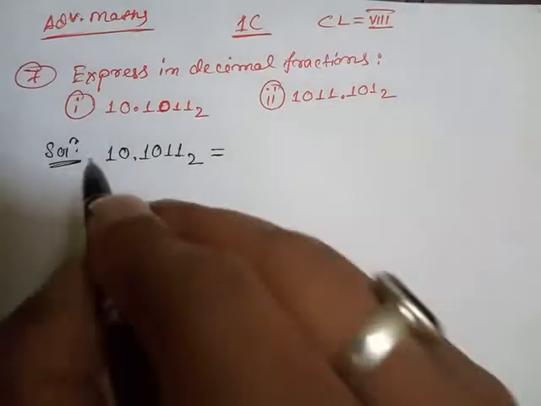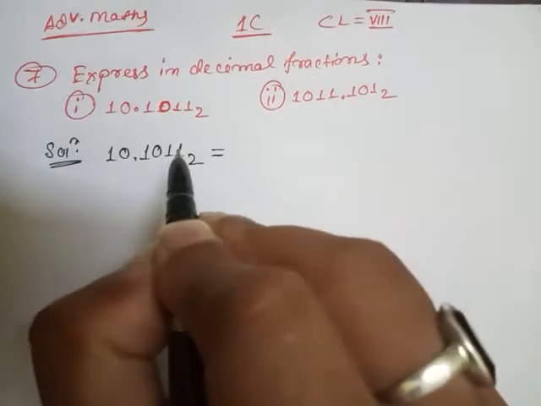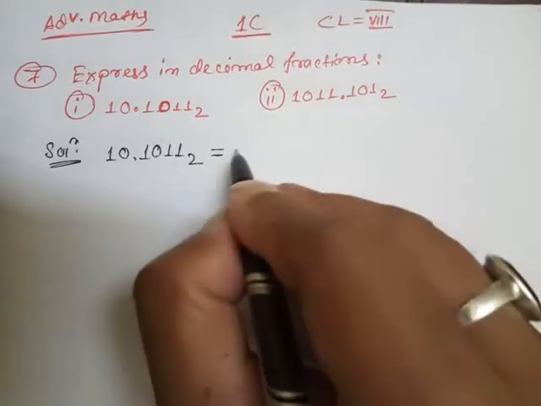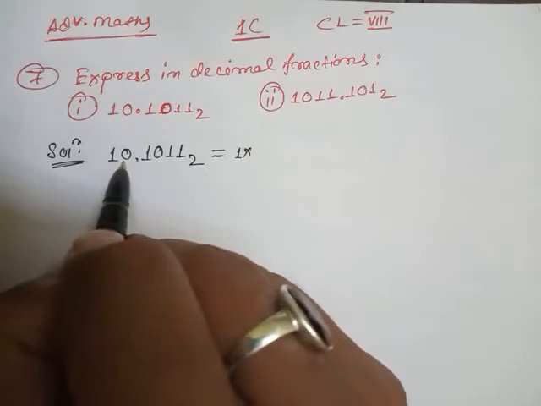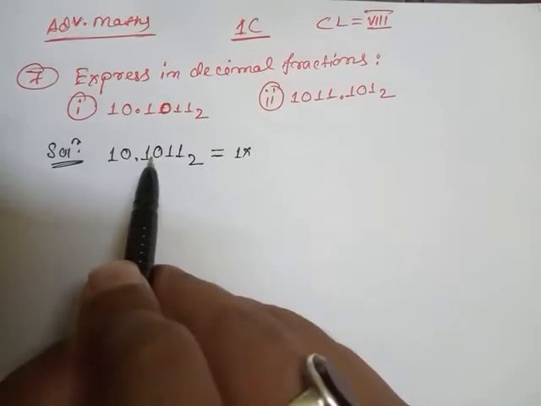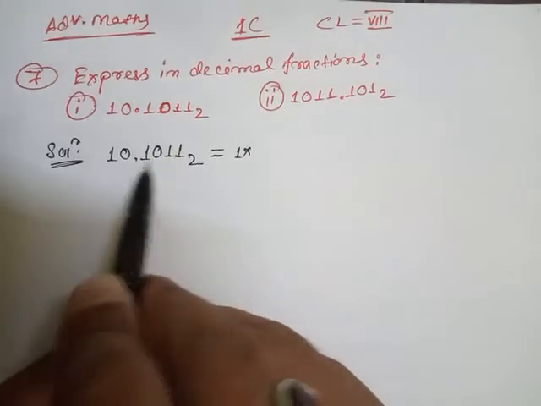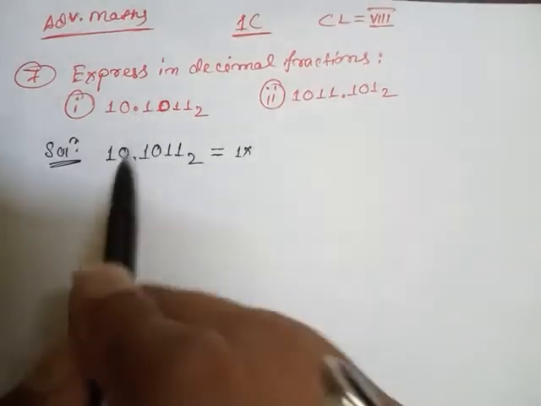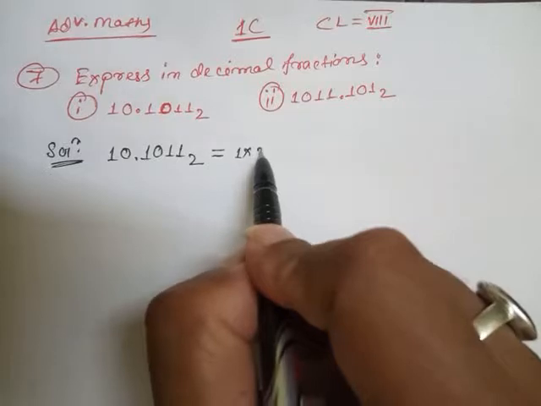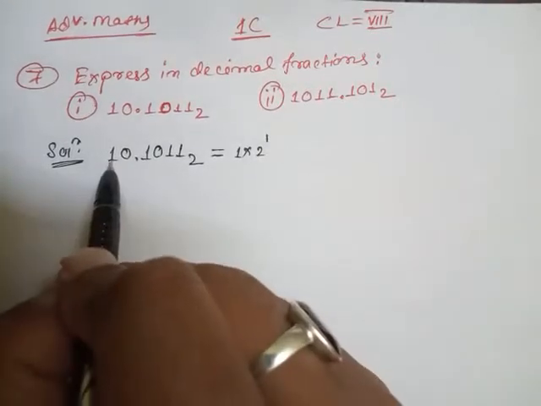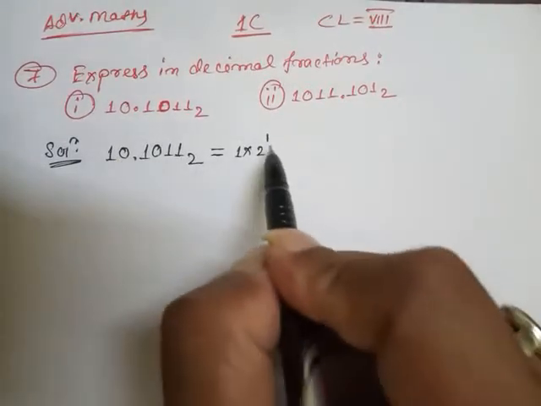How to convert this one? Look, since all these values are binary and base is 2, so 1 into... after 1 how many are the digit? Only one digit. Don't think about the decimal portion now, there is something different I will use here. Then 1, then how many are the digit? 0, which means 2 to the power 1, which means after 1 only one digit. That's why I have written here 1.